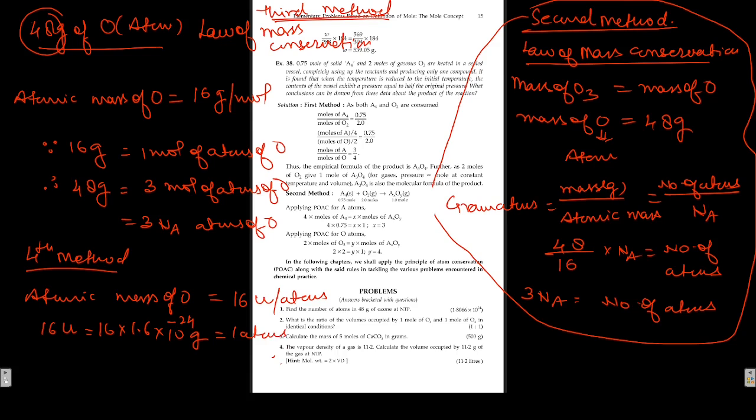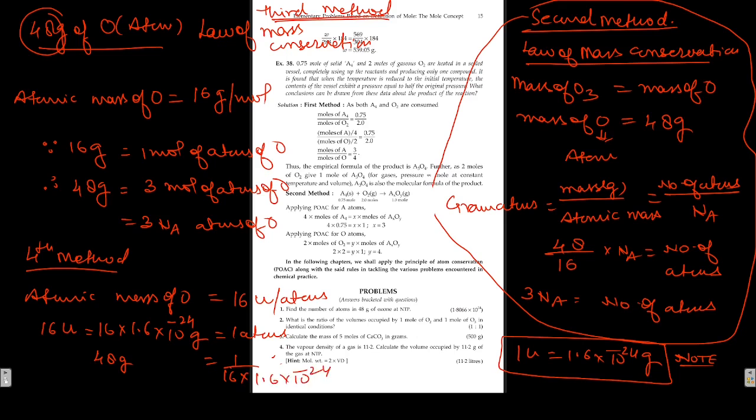Here, 1 U is equal to 1.6 into 10 to the power minus 24 gram. This must be in your mind, and I described it in my past lectures. Now, this gram is equal to 1 atom. So we can say 48 gram is equal to 1 upon 16 into 1.6 into 10 to the power minus 24 into 48